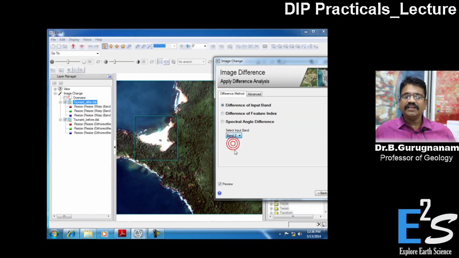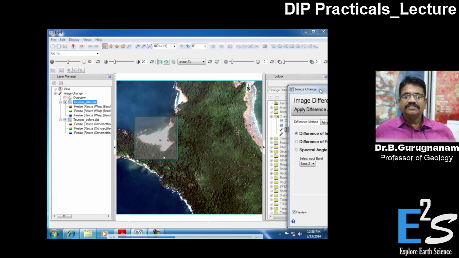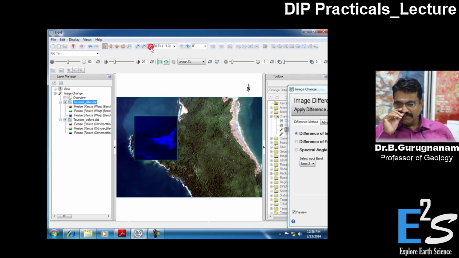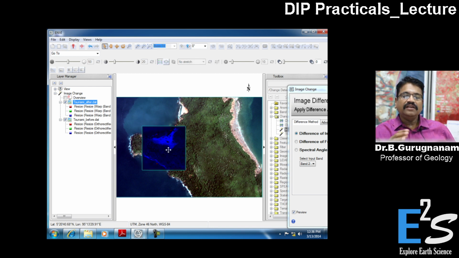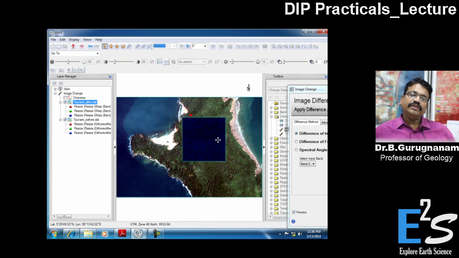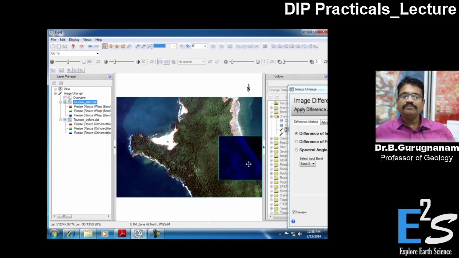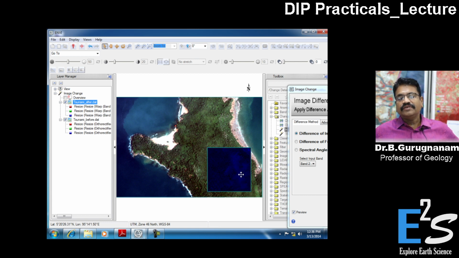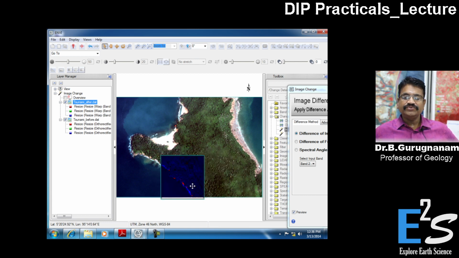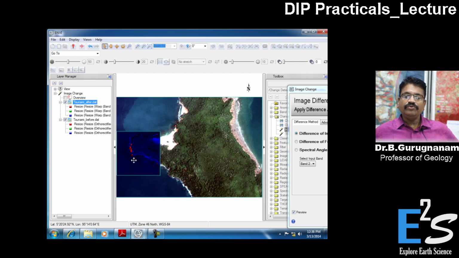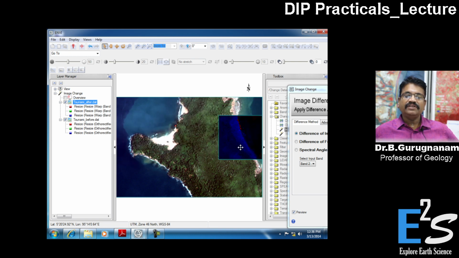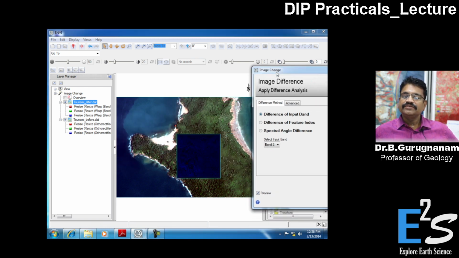I can take second band, I can take third band. Similarly, it will take only the particular band, and it changes. So I'm just moving to the places where we have more changes. You see, it is showing much in the red color, red check box. In the center, there is no change, you see. But wherever the window is moving, the changes are highlighted with red patches, and I can take